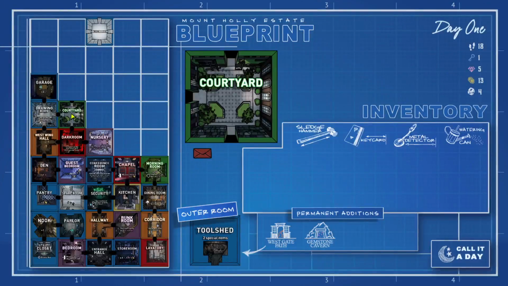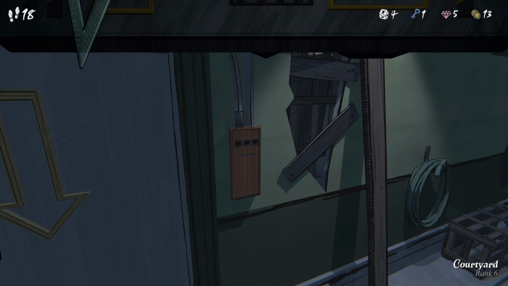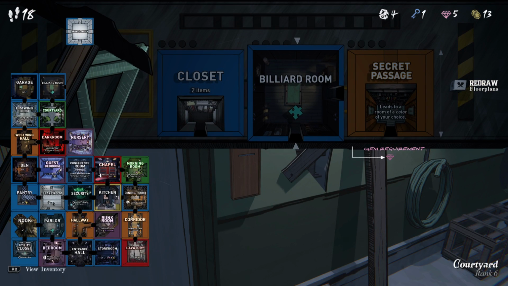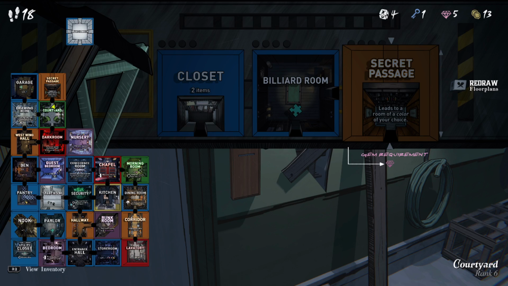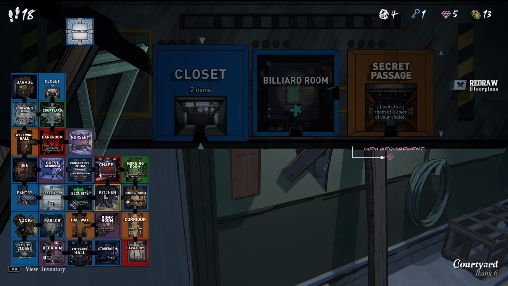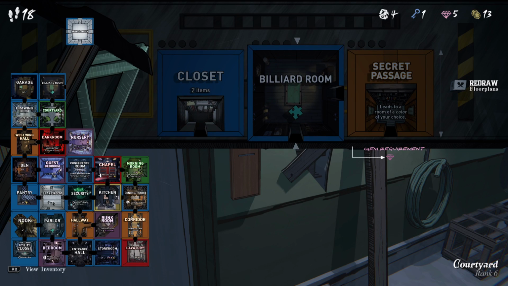I do not have a shovel. The billiard room is nice. The secret passage is gonna allow me to get a room with a lot of doors for the next one. We're gonna get some keys in the billiard room. I think I need the keys right now, so